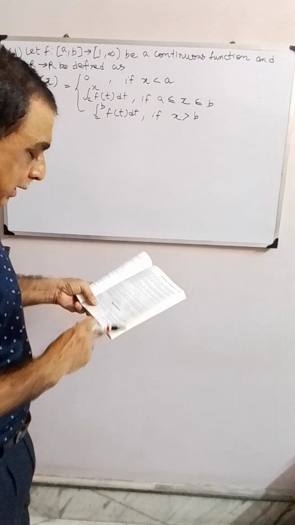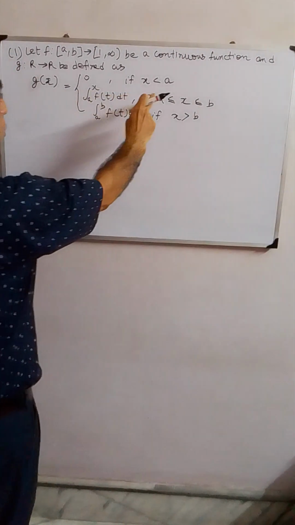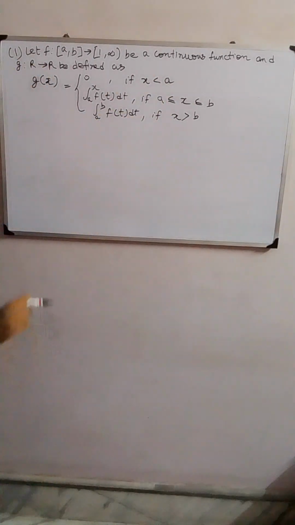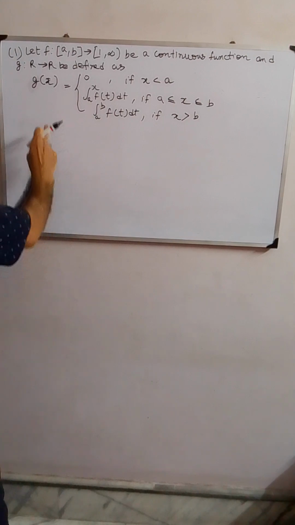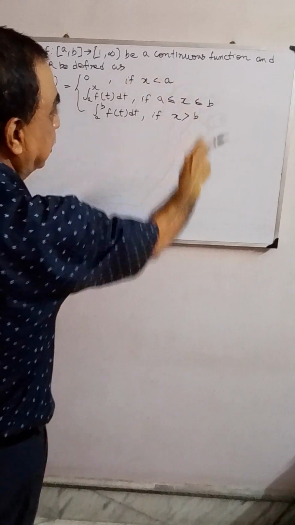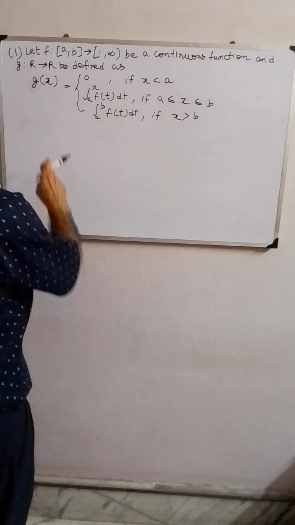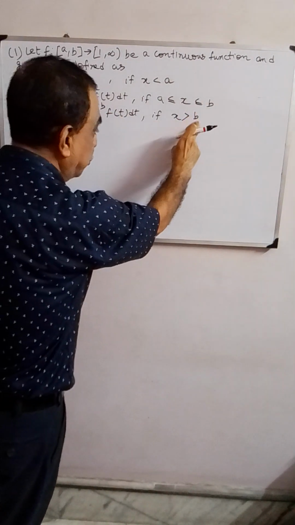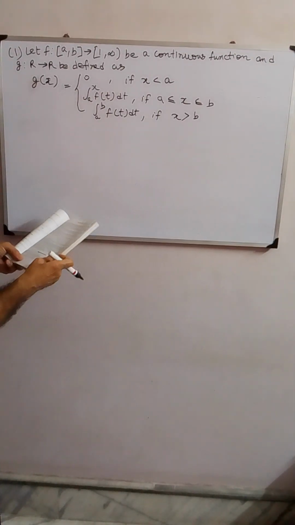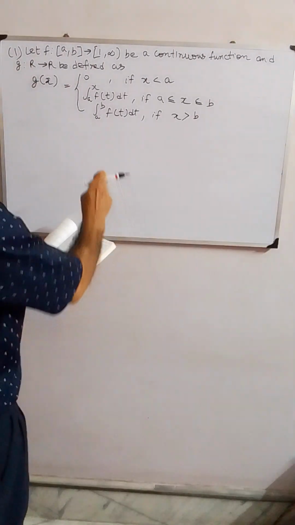The first option says that g(x) is continuous at x equals a but not differentiable at x equals a. The second option says that g(x) is differentiable for all x in R. And the third option says that g(x) is continuous at x equals b but not differentiable at x equals b. And the fourth option says that g(x) is continuous,